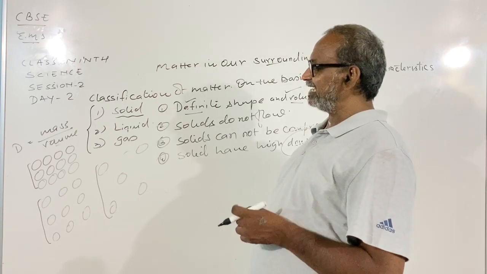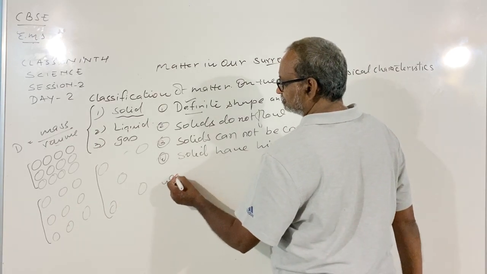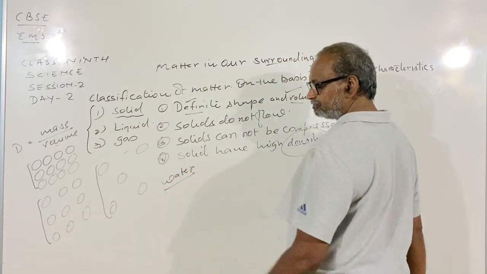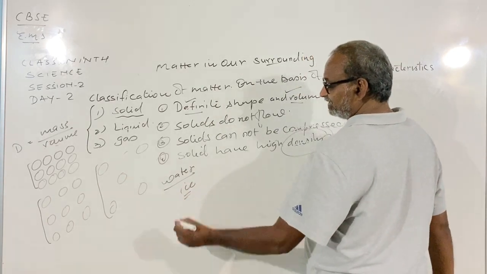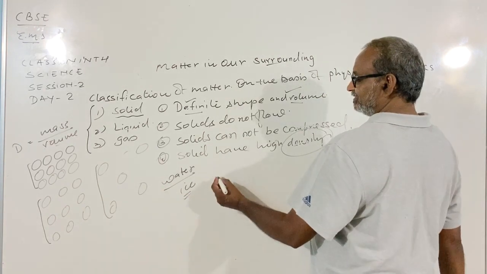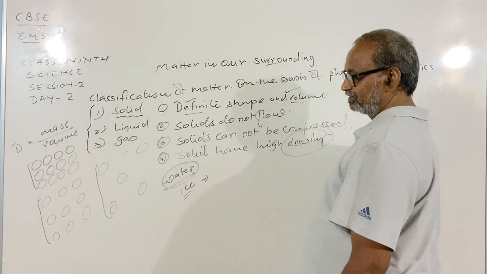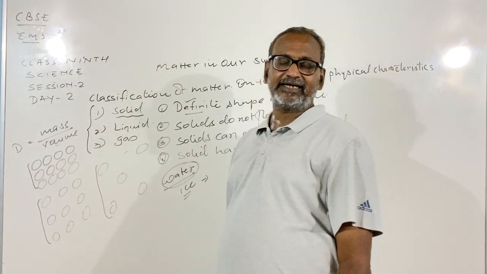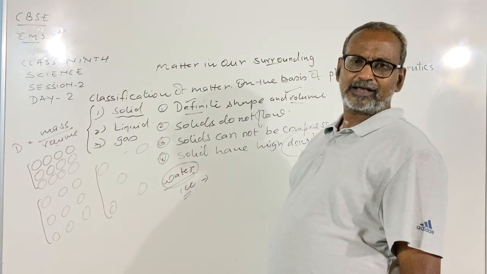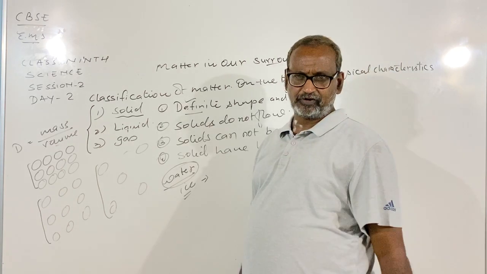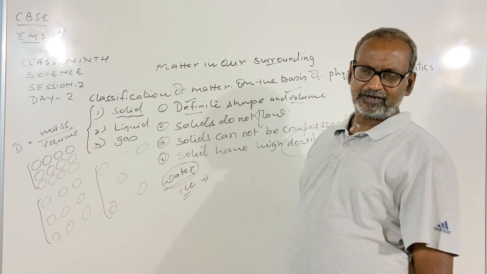But there is an exception, and this exception is that of water. Ice is solid state, yet its density is less than the water. आइस वाटर की सॉलिड स्टेट है, लेकिन आइस की डेंसिटी वाटर से कम होती है. That is why ice floats on the surface of water. यही कारण है कि बर्फ जो है पानी के ऊपर तैरता है.